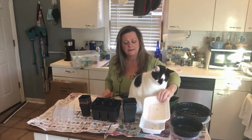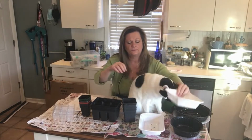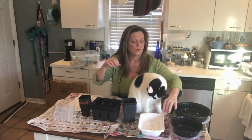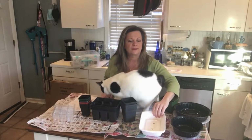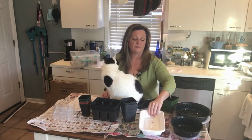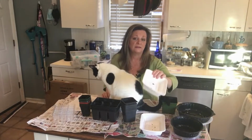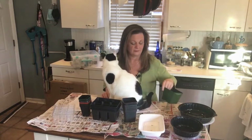Here's an old takeout container with the lid. It makes a good humidity dome for them. These are good for starting things that have shallower roots, like maybe lettuces that you're going to be growing a bunch of. And you can start them off as seedlings and then transport them out into